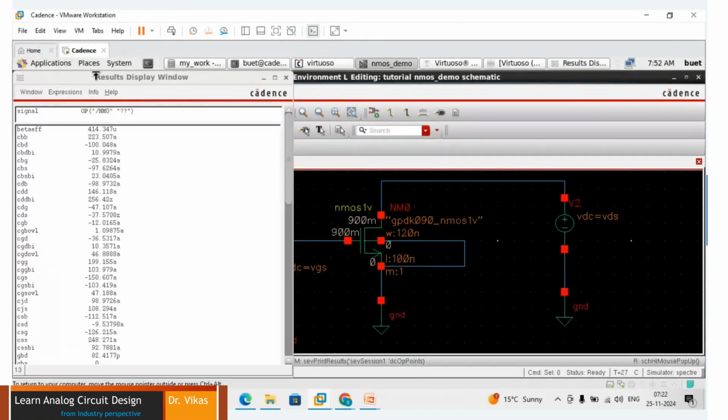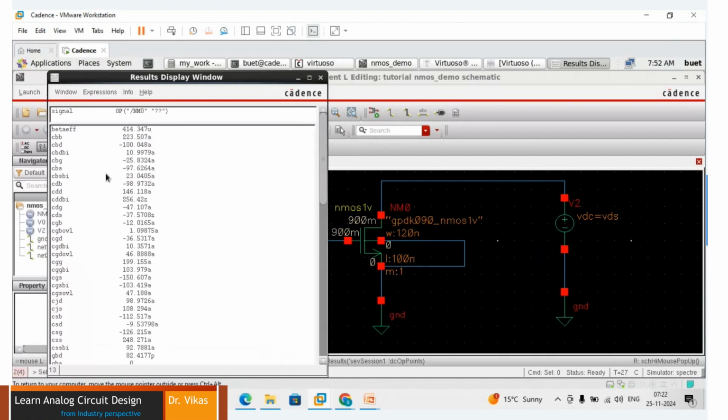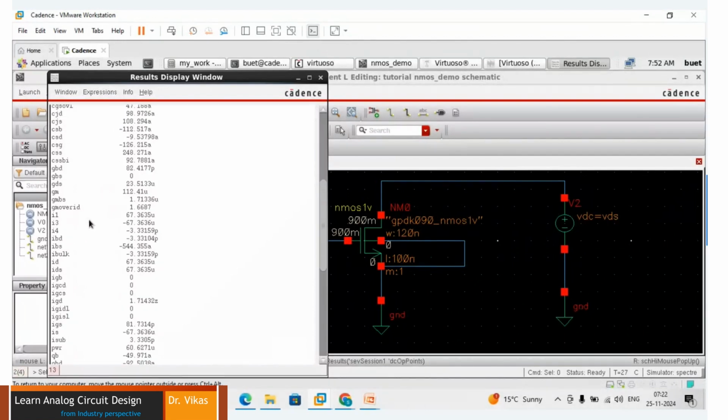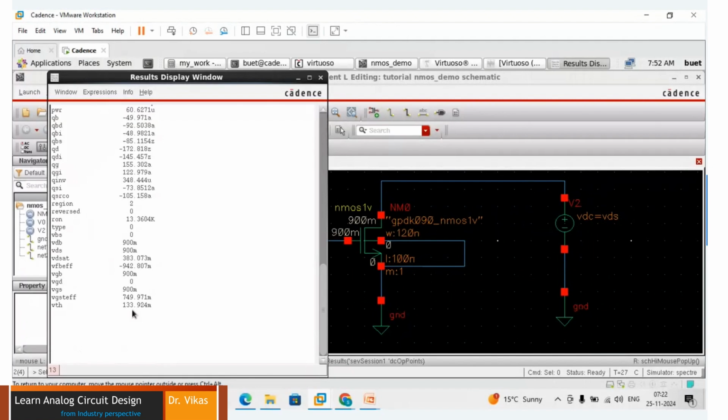The moment you click on the MOSFET, it will display all the parameters that the MOSFET is involved with. If you come down, the VTH is 133.9 millivolts and VDSAT is 383.073